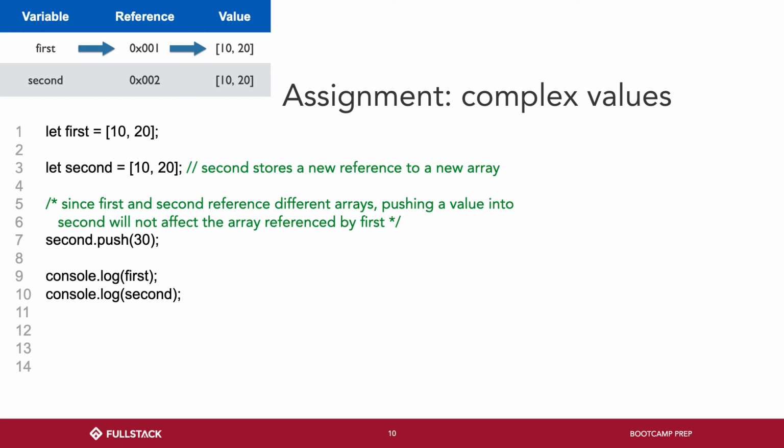So if I say second is equal to another array that looks like first, we get a different reference, because this is a different array. I am making a new array. So first is pointing at 001, the value of an array with 10 and 20 inside. Then I say second is equal to this array, so second stores 002, a completely different address, which points to something that looks to you like the same, but these are two different entities, okay? So if I push 30 into second, only that one gets updated because they are pointing to